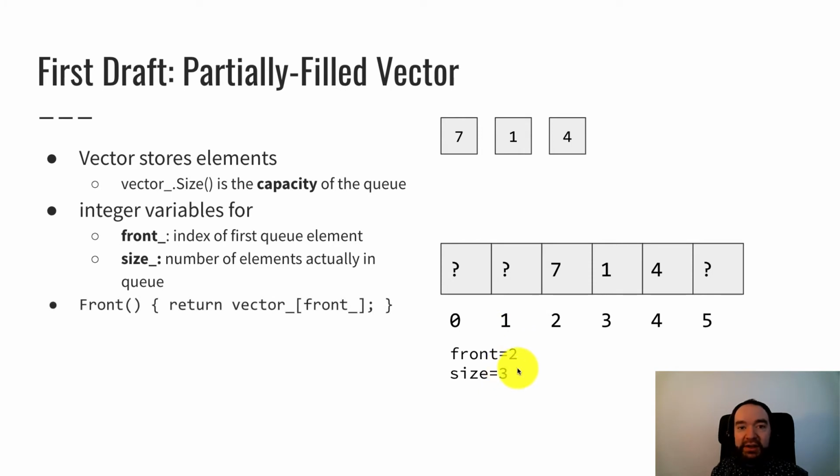So based on that, we could implement some of these operations pretty simply. The front operation returns the element at the front position of the queue, and we could simply return vector at index front. That's all there is to it, because this front index is the index where the front element is. Now, to be a good industrial grade implementation, we should have an exception check here. We should say if the queue is empty, throw an exception. I left that out so that this code would fit on the slide.